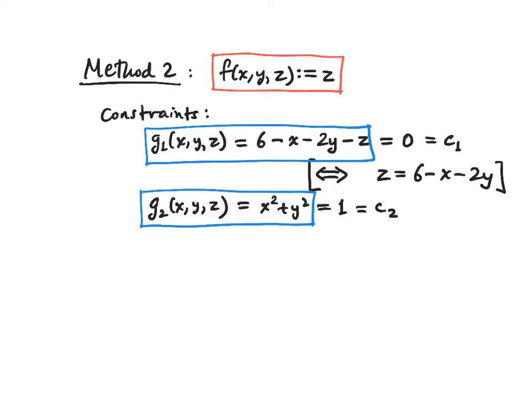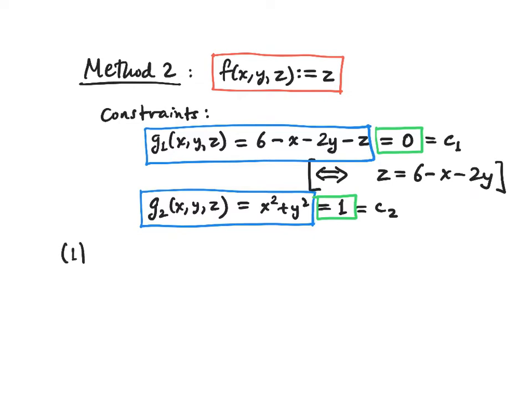And notice that the constraint equations consist of setting those two constraint functions equal to certain constants. In this case, 0 and 1, respectively. So that's a different way of treating the problem, but let's go through the solution to illustrate how the Lagrange multiplier method works when you have more than one constraint. Okay, the idea is that